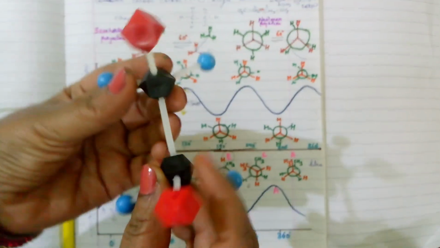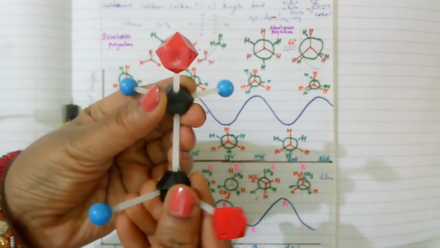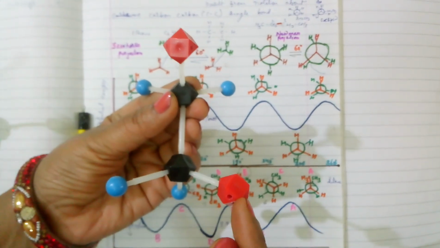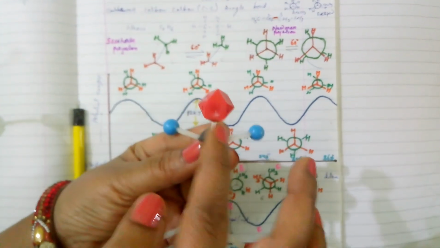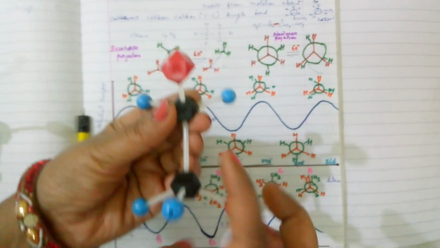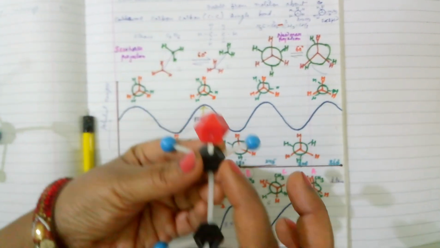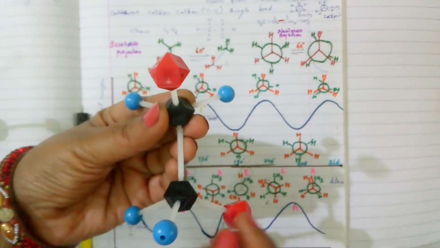Now see, this is the A conformer, both CH3 are eclipsing each other. I rotated it by 60 degrees, now I get the B conformer, staggered, gauche conformer, but the CH3 groups are in a bit of proximity. Again I rotate it by 60 degrees, I get the eclipsed again, C conformer, where CH3 and H are eclipsing each other, so not that unstable as A, but eclipsed.